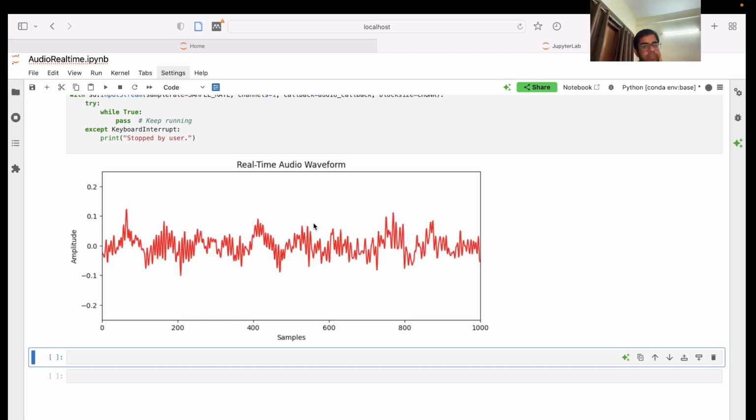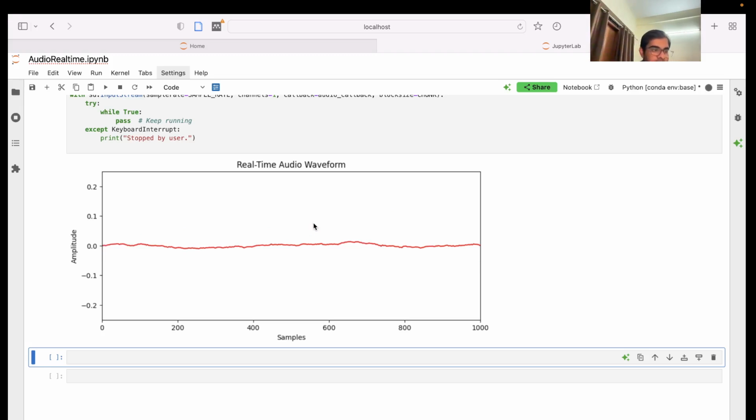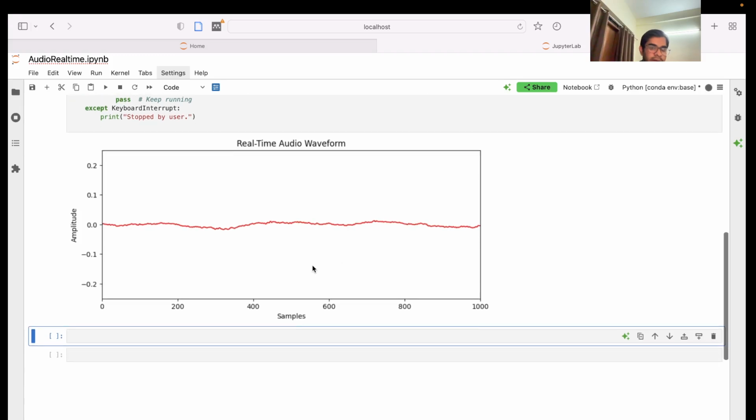As you increase your pitch, the oscillations will increase here. So that also you can see. I'll share this code with you. You can explore how a waveform changes based on at what frequency you speak, and you'll get a more